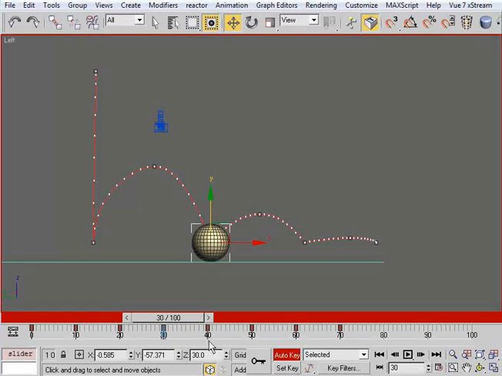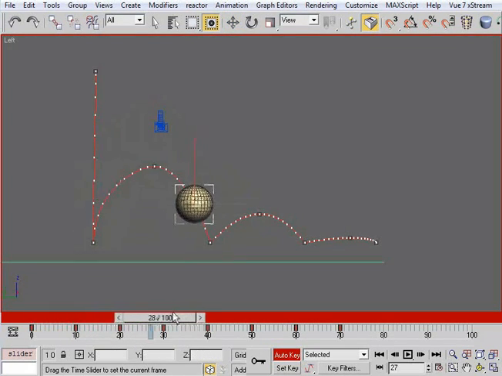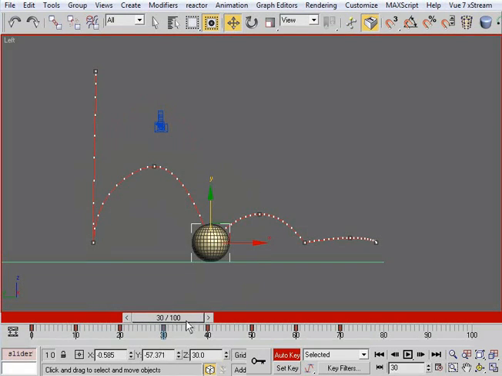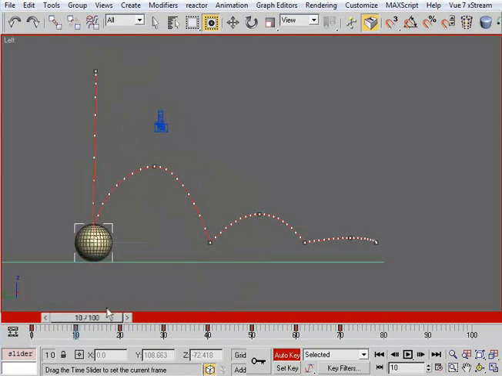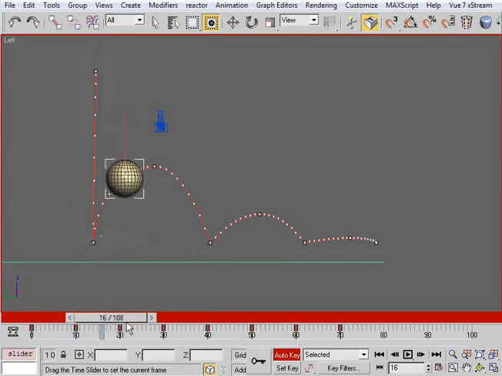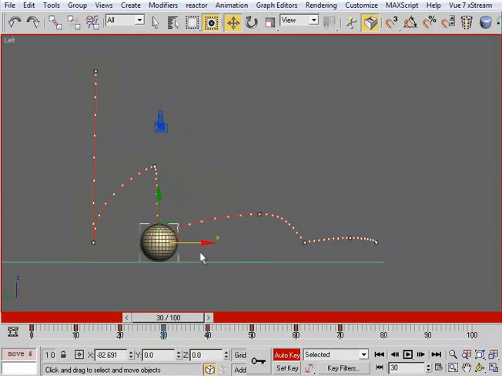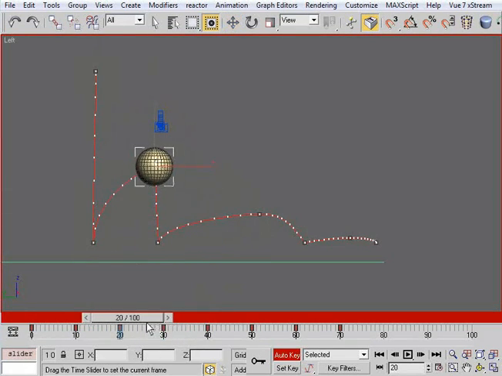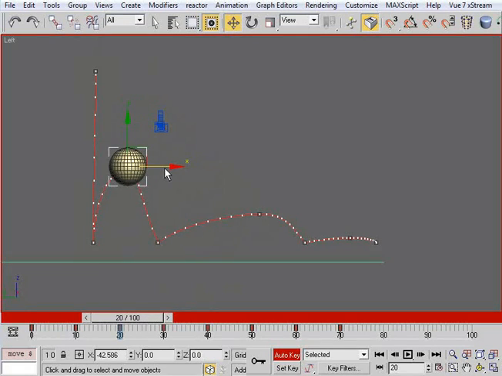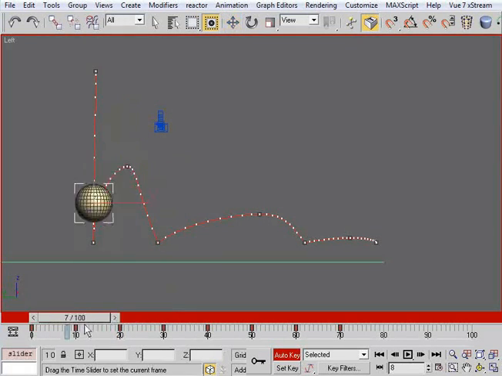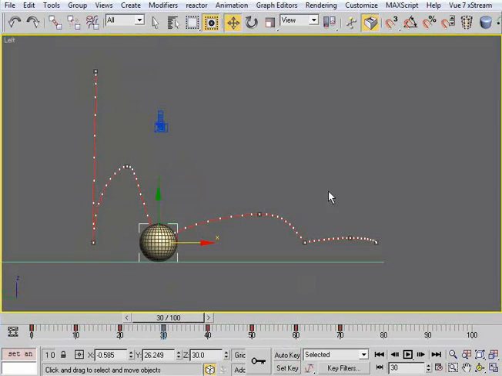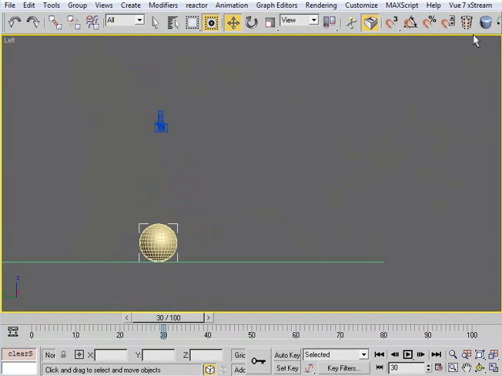So that's a difference of 93. So this will be the first bounce. We can see this is not, because he's falling straight down, he's not going to bounce this far over. I'm going to go ahead and just move this in about like this, and do the same thing here. And here's where we can start using, I'm going to